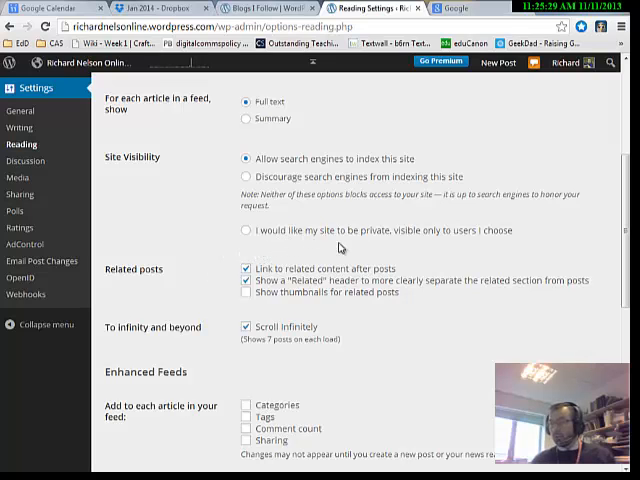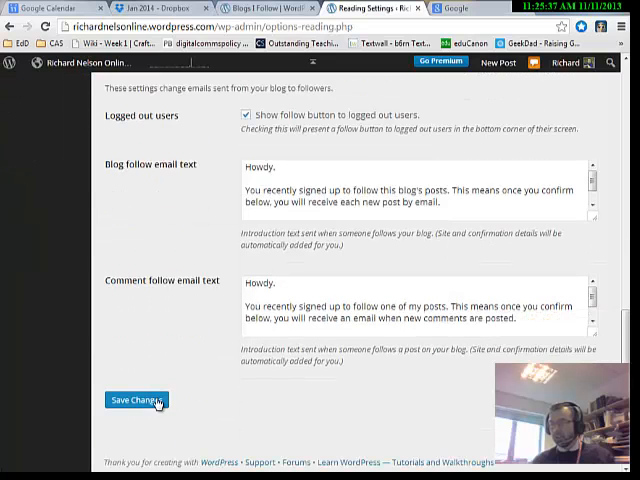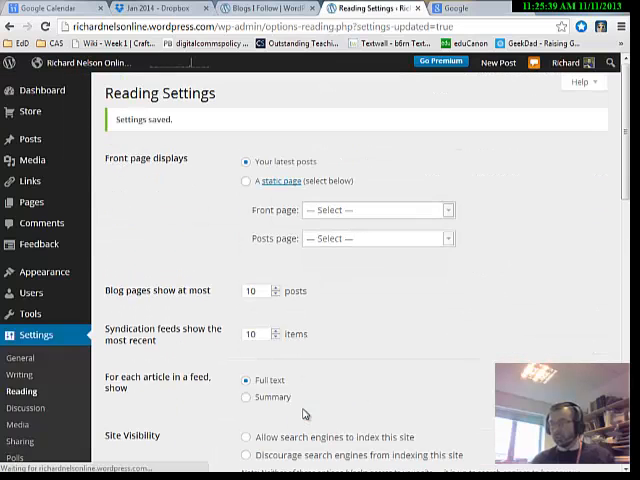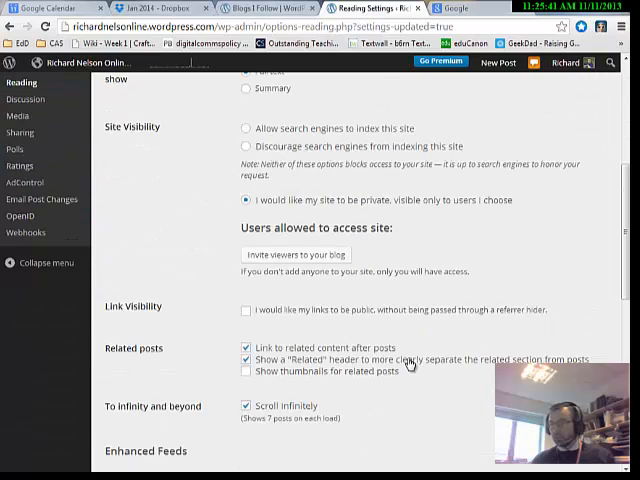Now here you've got, I would like my site to be private, visible to only users I choose. So click on that, and then you must go right to the bottom and save those changes. When you do that, a new button appears. If I go back down to site visibility, users are allowed to access the site. Now if I click on invite users to the blog,